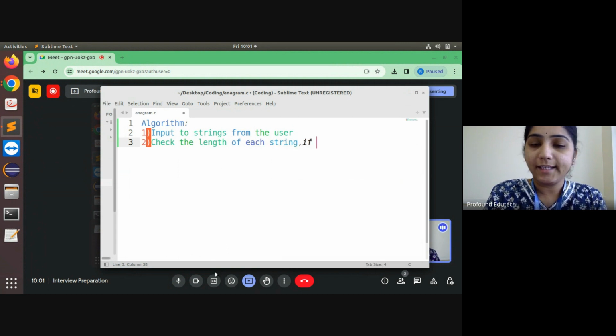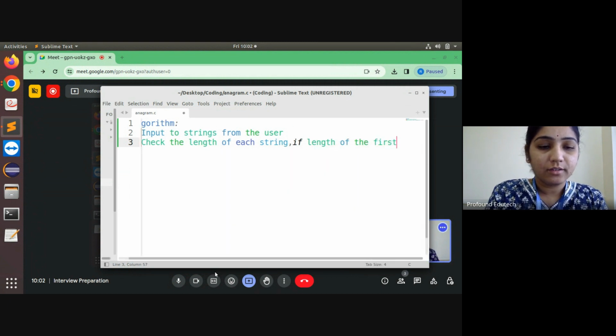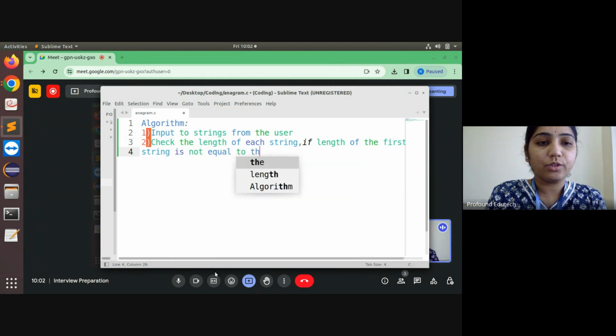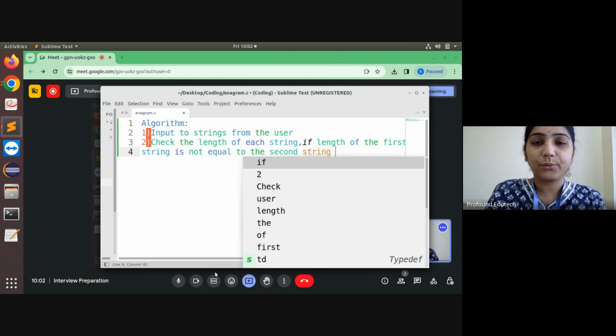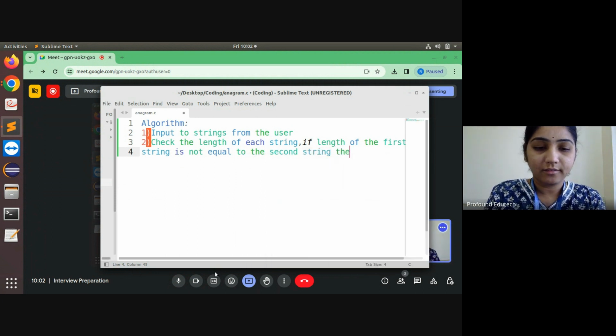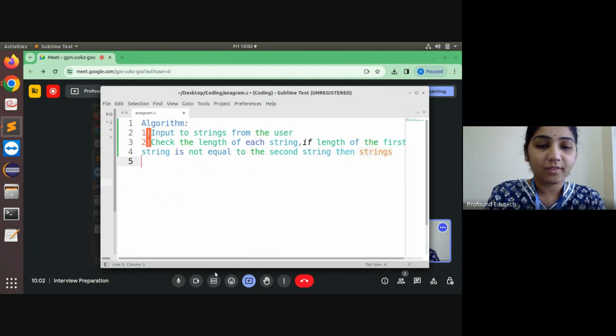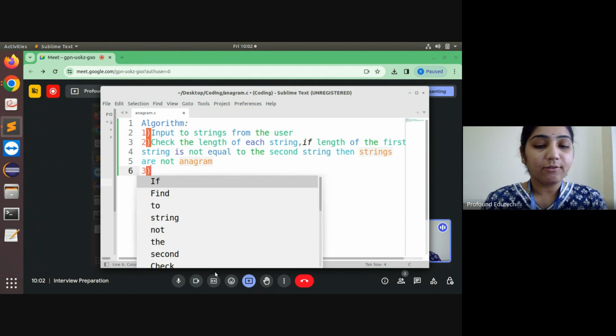Then if the length of the first string is not equal to the second string, then the strings are not anagram. Next, if the length of both strings is equal,